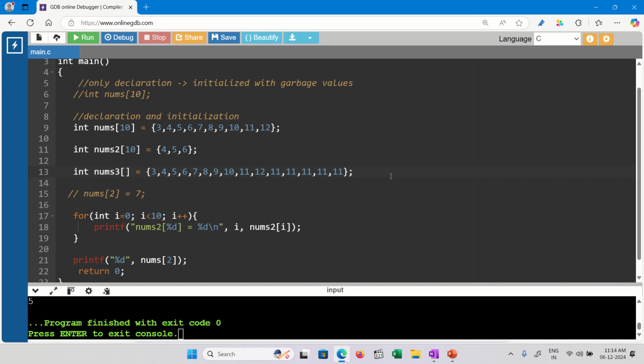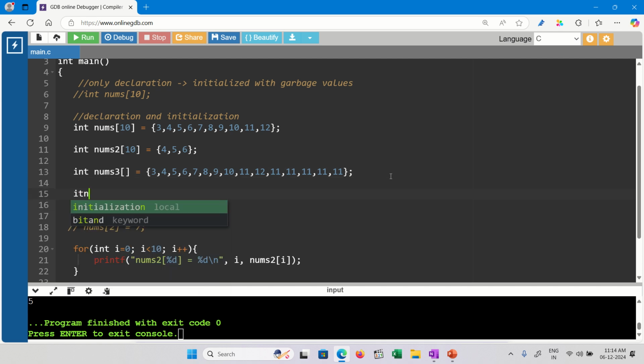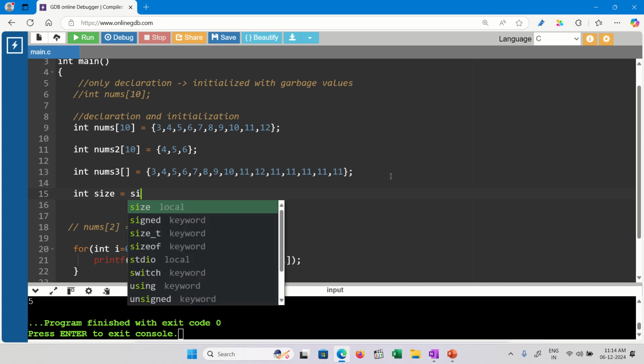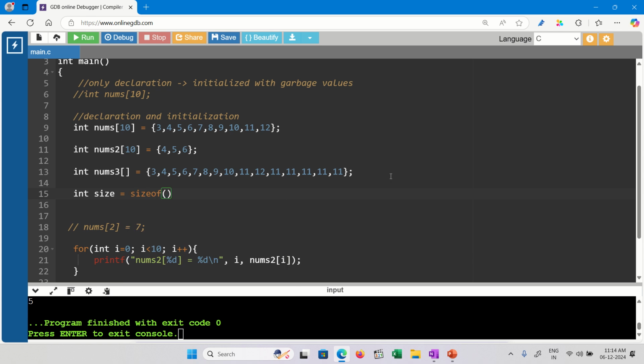Okay, so here is the technique. Let us calculate the size, the complete memory allocated to you. I hope you remember, there is an operator called sizeof. Pass the array nums3, and divide by the size of an individual location. Because the data type is integer, the size of each block is 4 bytes. So this will give me the complete memory allocation for nums3, and this will give me the size of an individual